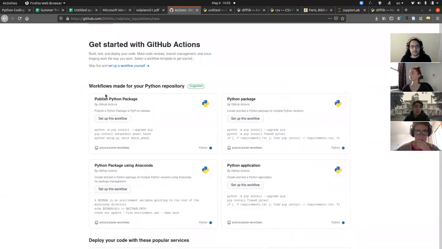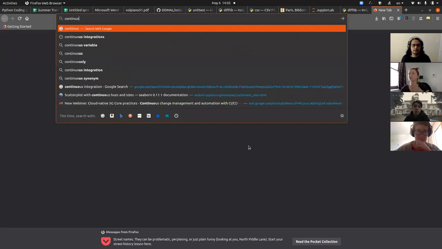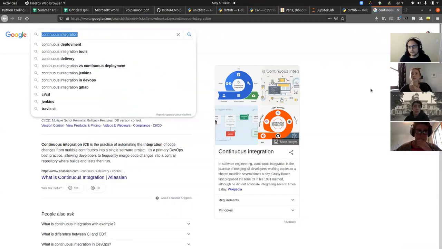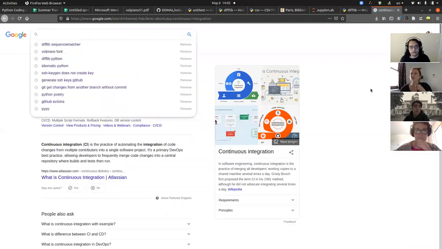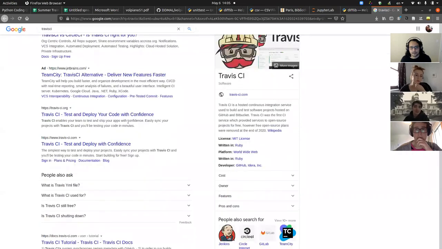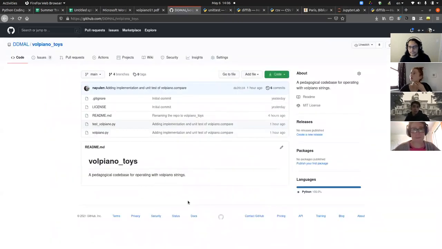And Actions is basically what people refer to as continuous integration. That's the general jargon in computer science. Before Actions was available, because it's pretty recent in GitHub, people used to use Travis CI, which also lets you do these automated tests for free. It's just an external service. It has nothing to do with GitHub. And yeah, it's still useful. People still use Travis CI. That's pretty much the same thing, except that GitHub now has this in-house